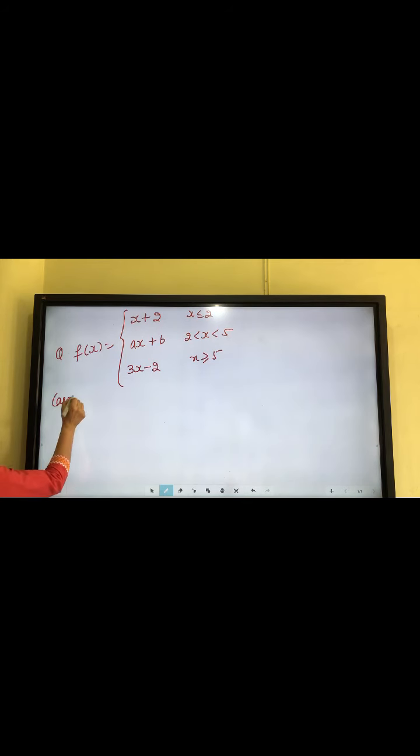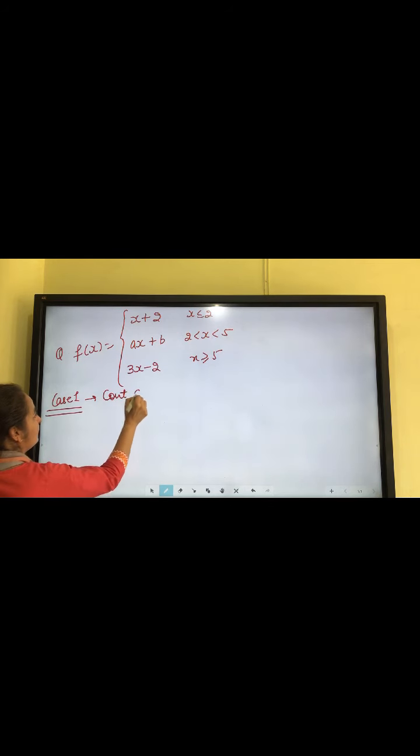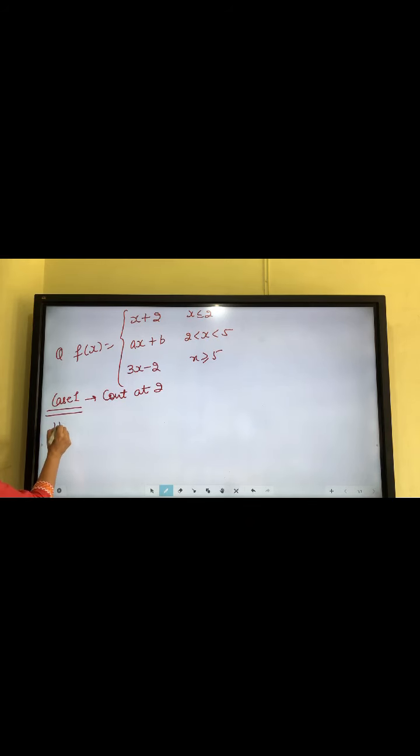Now let's start case 1, that is continuity at 2. If the function is continuous and in the form of less than or greater than side, we have to calculate the three sides. First is the left hand limit. How will you calculate? Limit x approaches 2 negative, that is x plus 2. Firstly, remove the negative, that is 2 minus h plus 2, which is equal to 4.